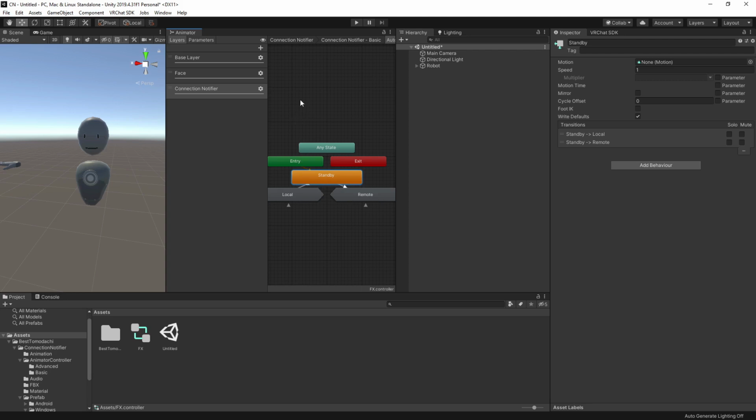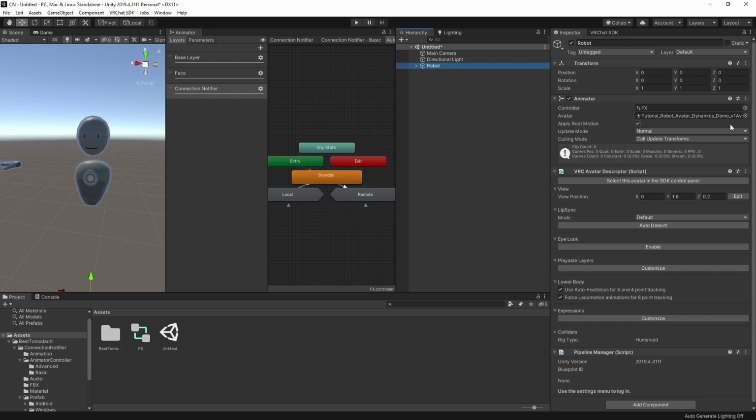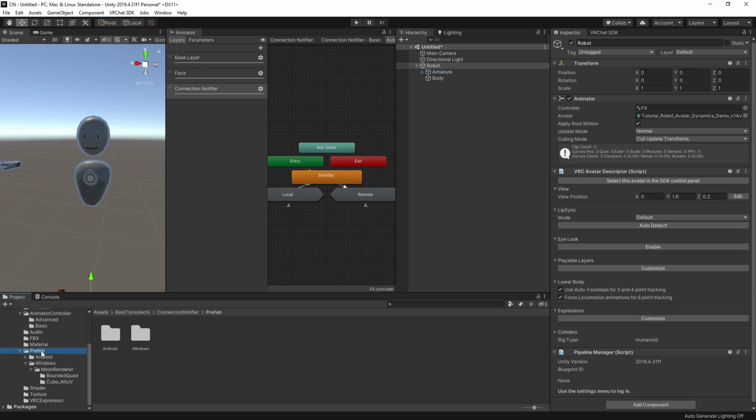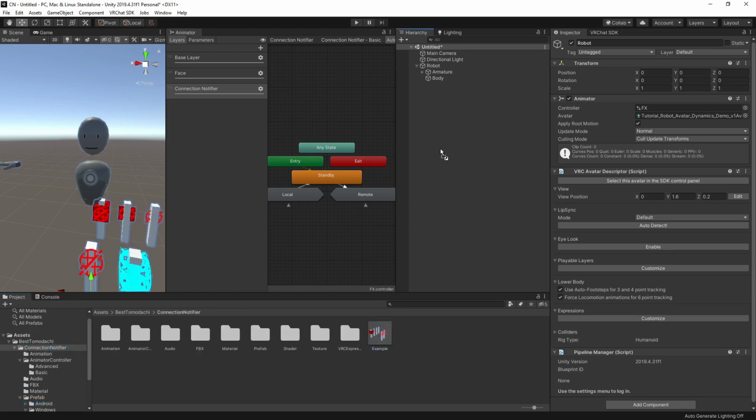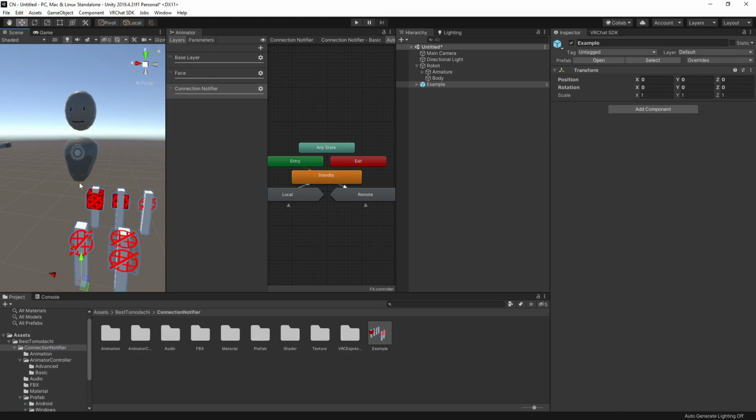Okay. So it's good controller wise for that setup, but it still needs to have the actual connection notifier on it. So to get that, we're going to go into the prefab folder and you're going to pick one relevant to the platform you're going to upload to. So just to show that real quick of what I have, this is an example I set up. So